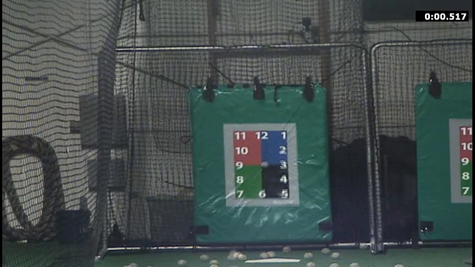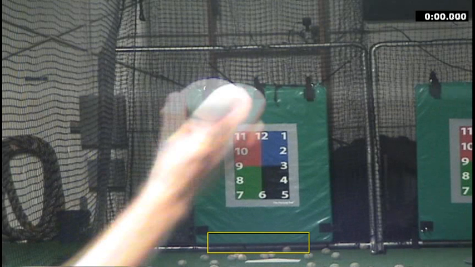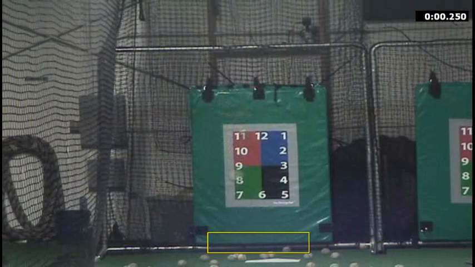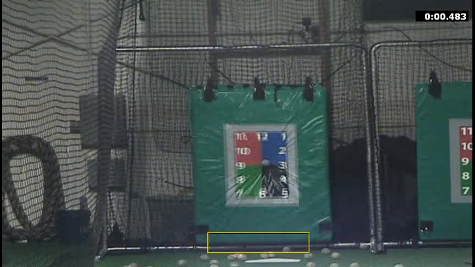His chase percentage on curveballs is extremely high. Again, it's at 43%. Swing and miss 26% of the time. 44% of the curveballs that are thrown to him are thrown in this area down here. When that happens, very little success. Lots of swings and misses. Again, the reason, the visual, very tough. Now, if we couple that same curveball with a fastball away and down, it wouldn't have that same visual. But because of that combination,